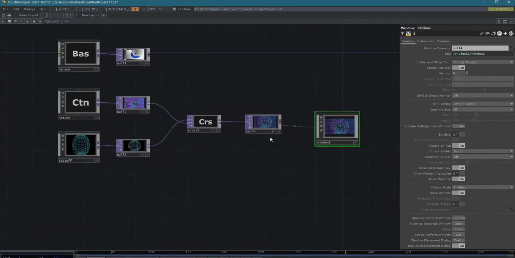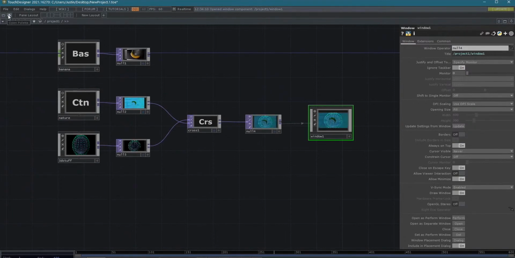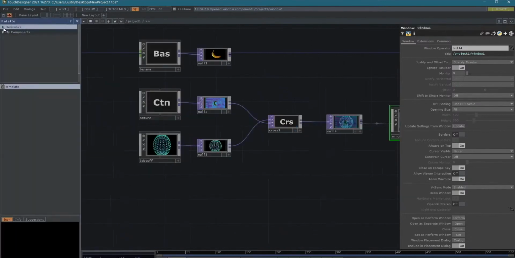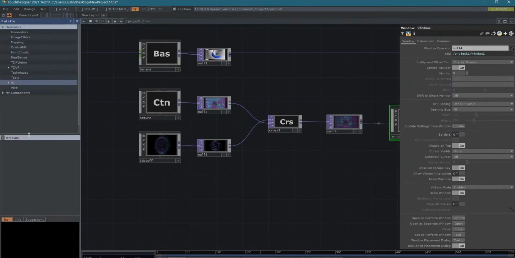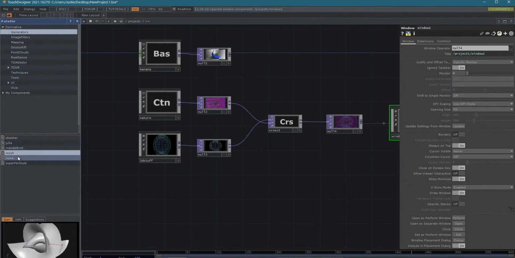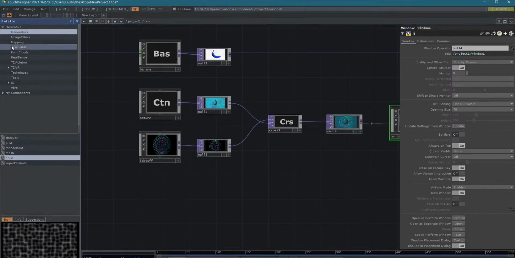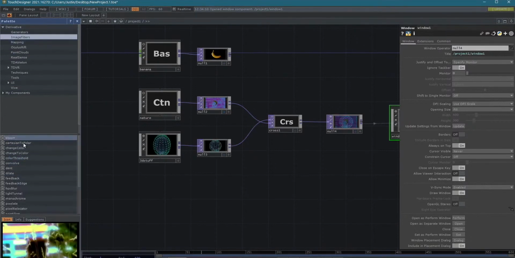So I did want to show, you could build your whole projection mapping from scratch, but don't. I mean, unless you have a very specific need, if you're doing that Amon Tobin show with all those cubes, fine. So we're going to open the palette, and the Derivative ones, the company, it's all the built-in stuff. There's actually a bunch of just fun stuff here, and even if nothing else,